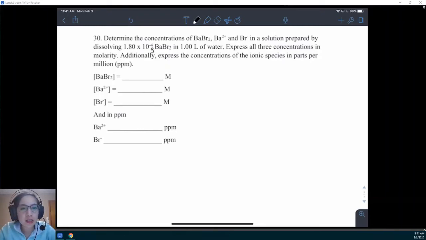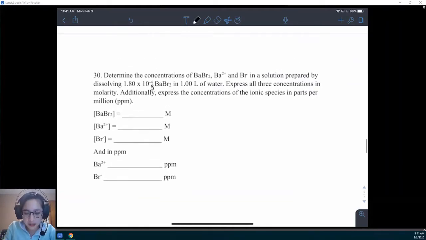All right, so let's work on question 30 in the chapter 3 Sapling homework. This question deals with concentration of an ionic species. So we learned in chapter 4, I believe, about ions in solution. When you dissolve an ionic species like barium bromide here, it will break up into the species for every one